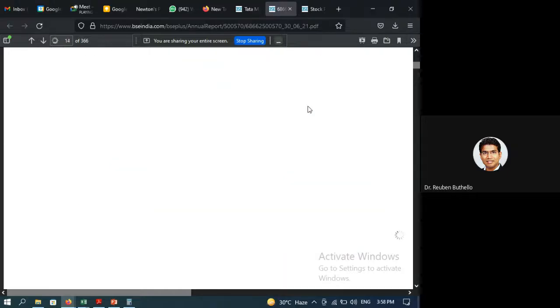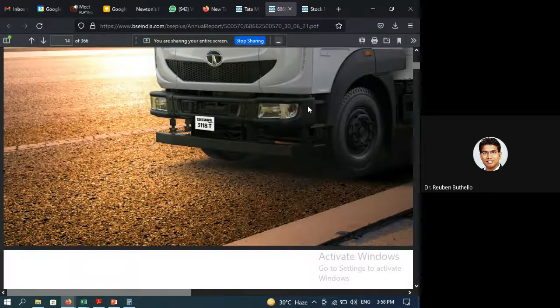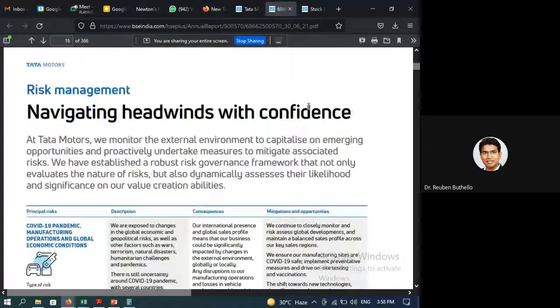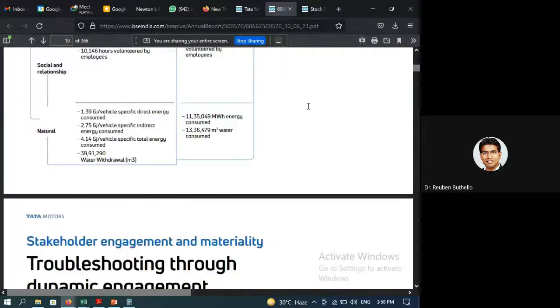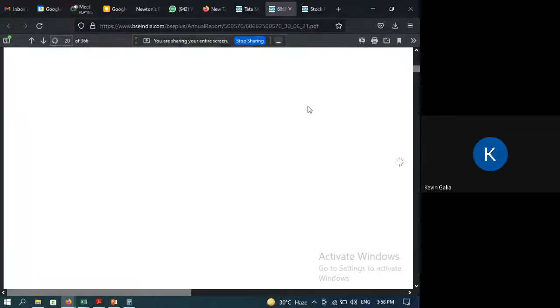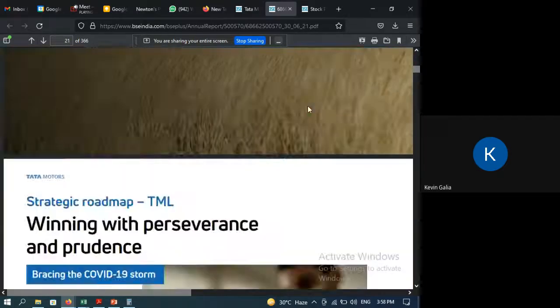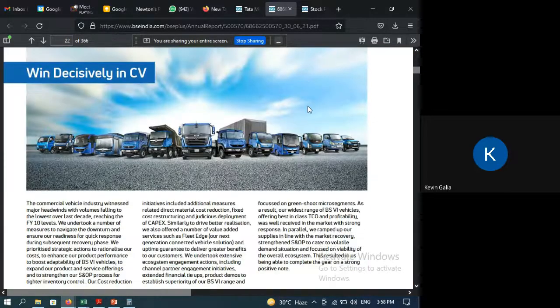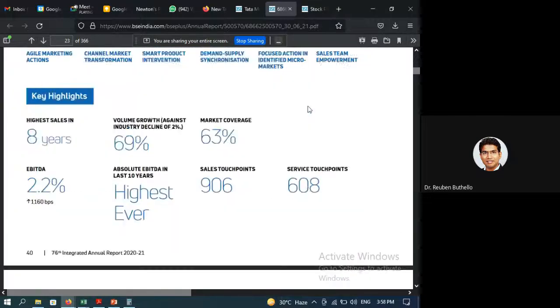P&L generally gives information about income and expenditure. That is by definition. Tell me what it means. Sir, kitna aaya, kitna gaya. It gives how much expense has been done, and how much cash has come to us.